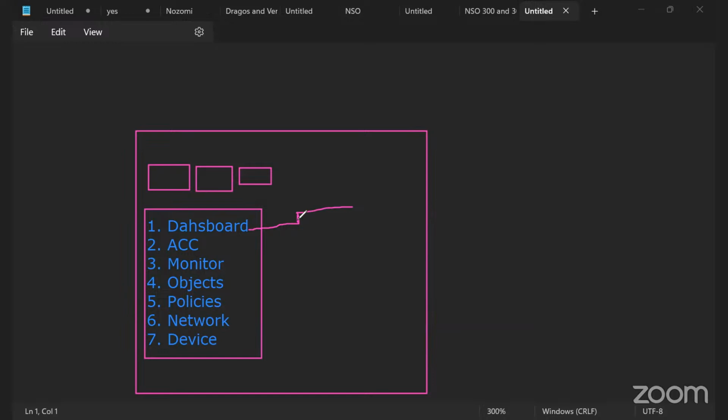I'll show you in a bit, just after this discussion, how to see this page. The Dashboard will be like a summary of your firewall: what is the management IP, what is the model number. Because when we talk about the management and data plane of the firewall, so I